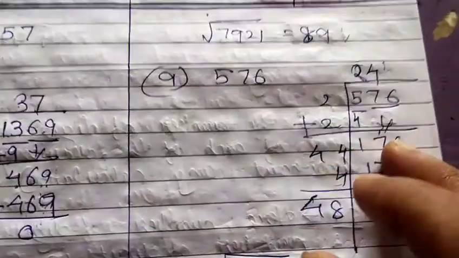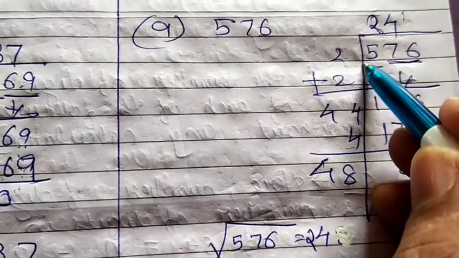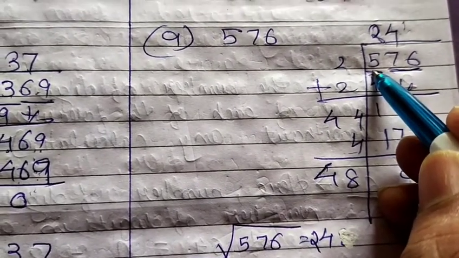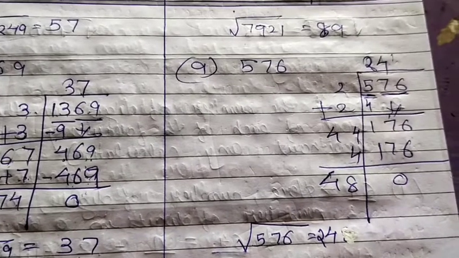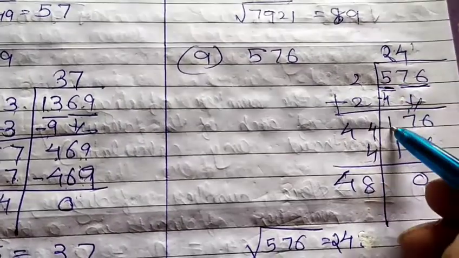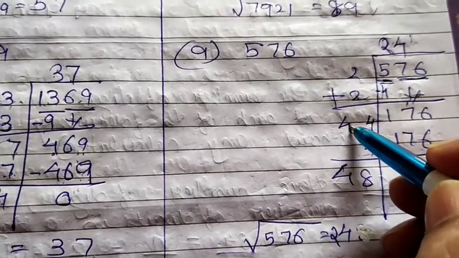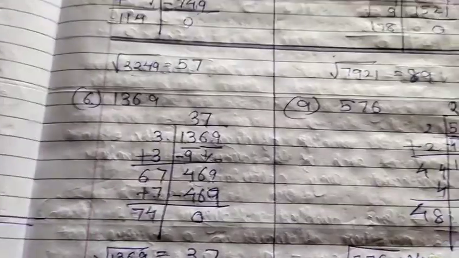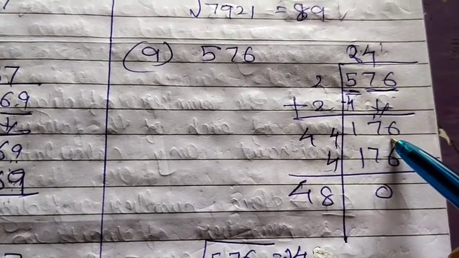Now the next sum is 576. You have to put a bar from the unit place. Now here dear student, only one value is left, that is 5. Now if you take 3 threes are 9, it is more than 5, so you have to take 2. 2 twos are 4. So when you subtract 5 minus 4, whatever value you have taken over here, with the same value you have to add it, just make it twice, so it will become 4. Now dear student, the number which is next to the bar, just bring it down, so it will become 176.